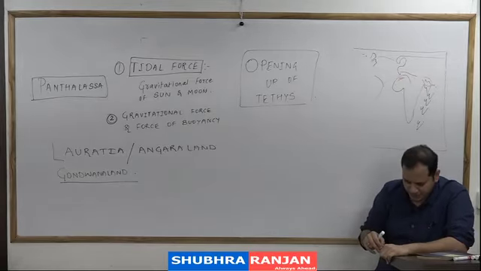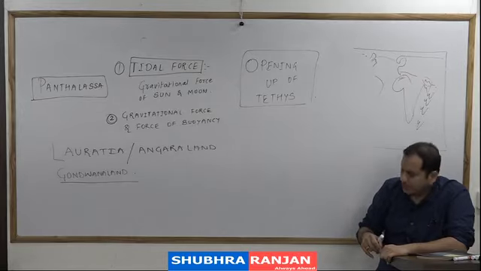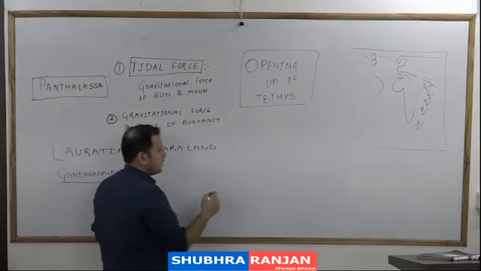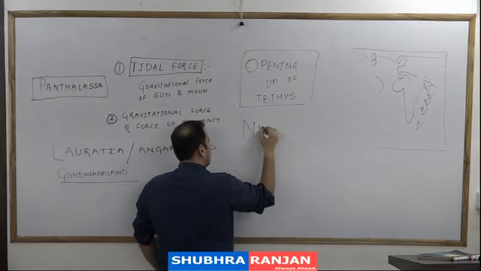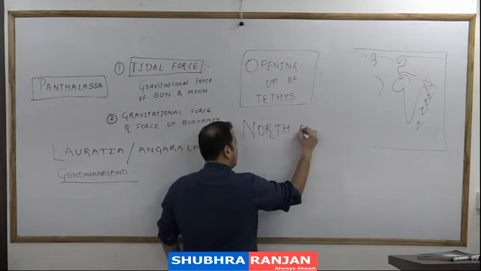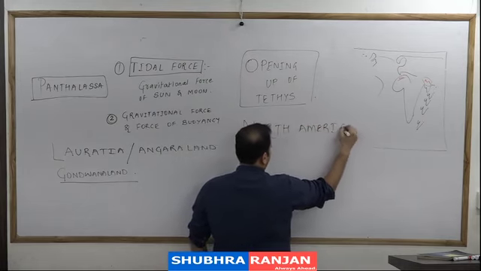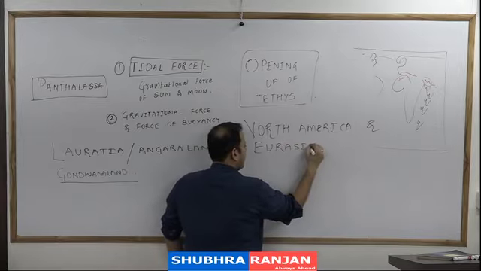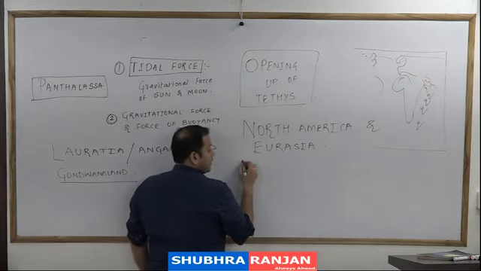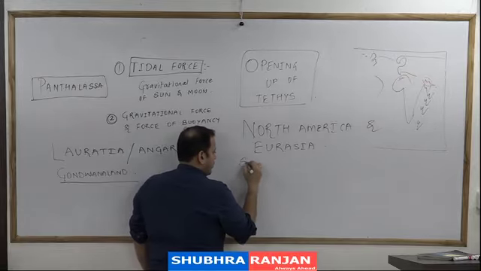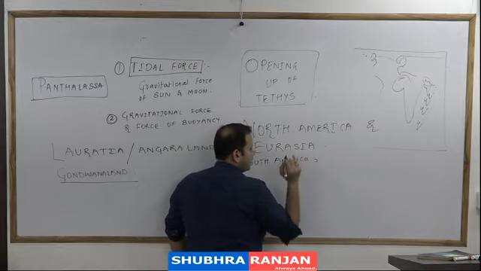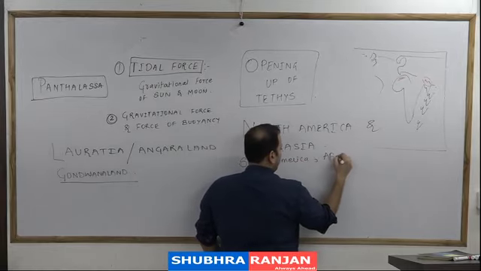Next point, third point. The Laurasia land further broke into North America and Eurasia, while the Gondwana land broke into South America, Africa,